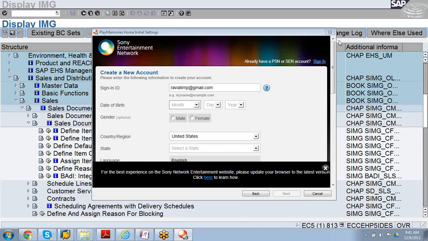So you will do delivery related billing only when you need to refer to the delivery. In some cases they will refer to delivery directly because the agreement is already there.